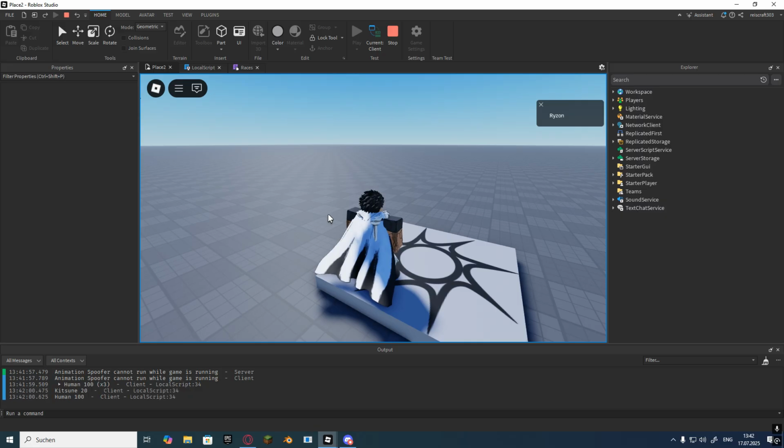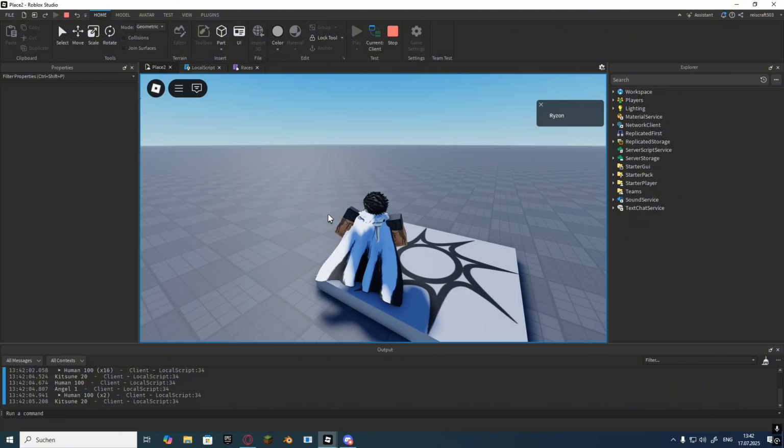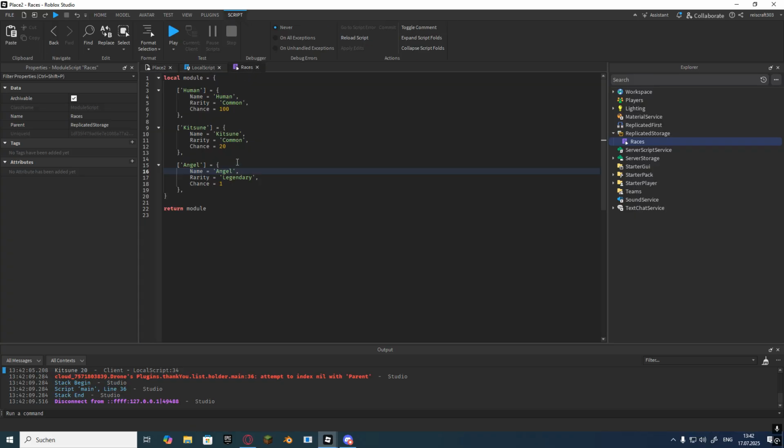So now we can join the game again and check it out. So M, human, Kitsune, again. I would like to get Angel. There we go. This is Angel. So as you can see, our spinning system is working properly,